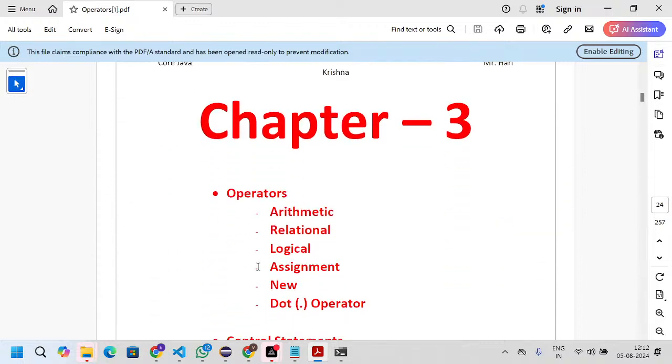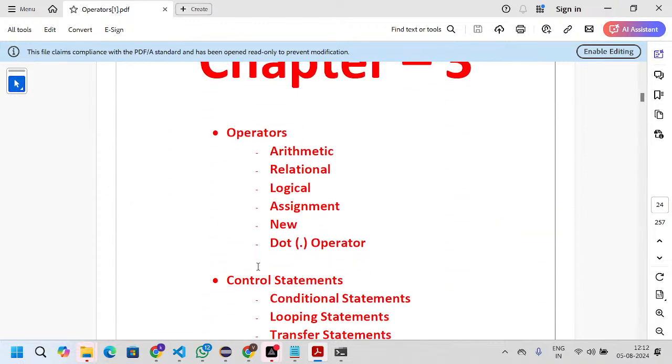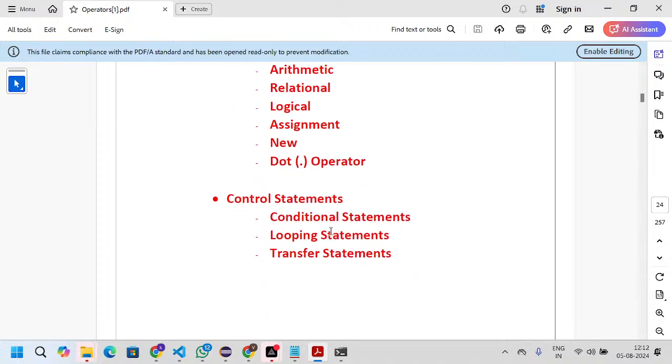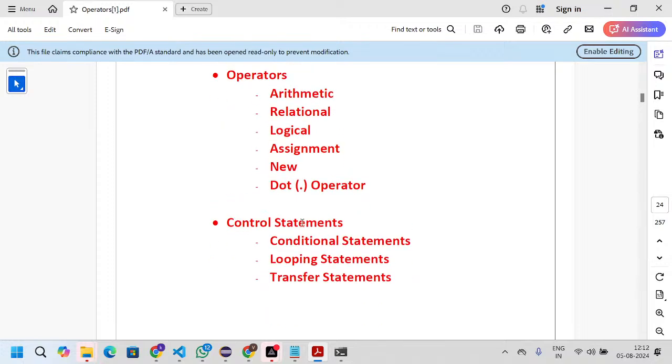Okay. So today onwards we'll start with chapter 3, which contains operators. In operators, we'll have arithmetic operators, relational operators, logical operators, assignment operators, the new operator, and the dot operator. After that, we'll have control statements.